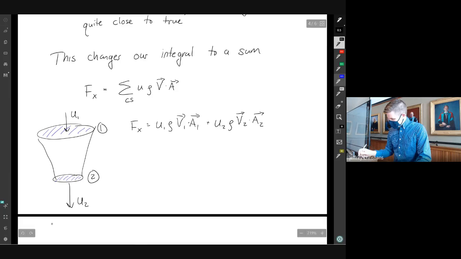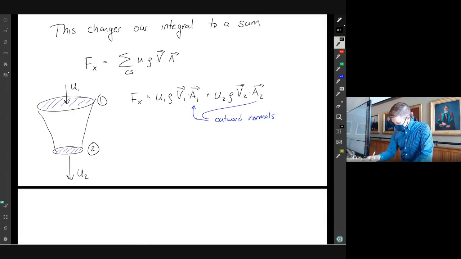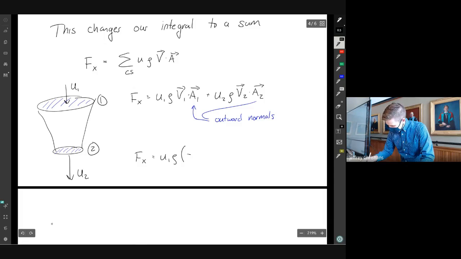These A terms are outward normals. So Fx equals u1 rho. What does our dot product mean? Our velocity is coming into the surface, our area is pointing out of the surface. Those are opposite, so that gives us a negative dot product. This will be negative u1 A1